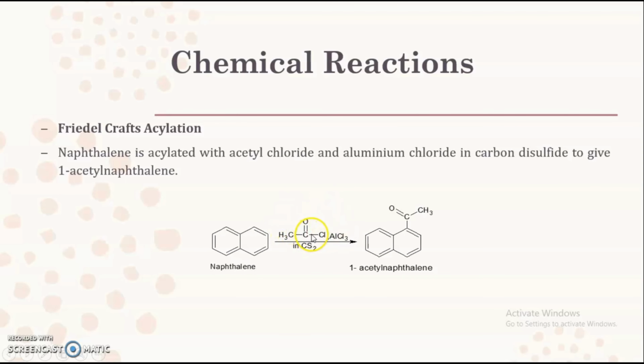As we know, acetylation is nothing but we are going to carry out the addition of acetyl chloride or acetic anhydride. Here we are going to carry out the addition of the acetyl chloride. So, when acetyl chloride is added to the naphthalene, here AlCl3 is used as a Lewis acid catalyst. Usually we use this in the Friedel-Crafts acylation as well as the alkylation reaction. And remember one thing, that we are going to perform this reaction in the solvent which is known as